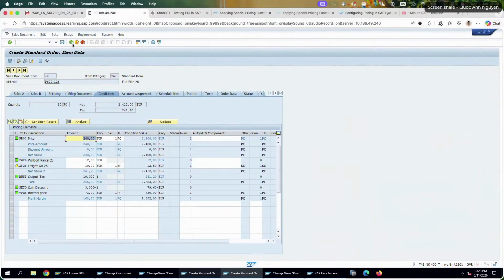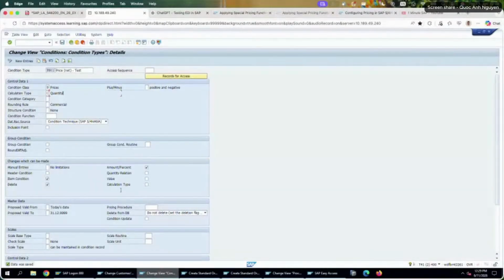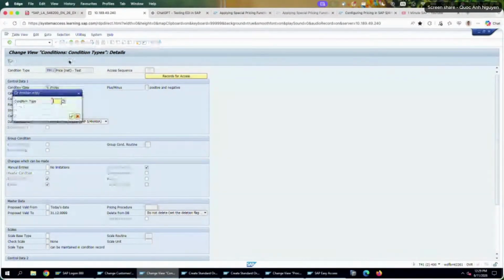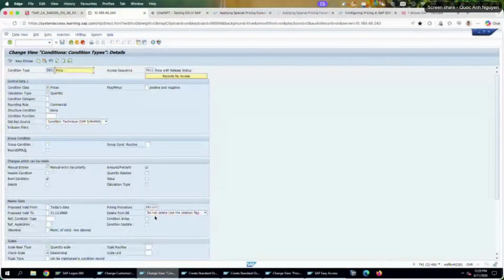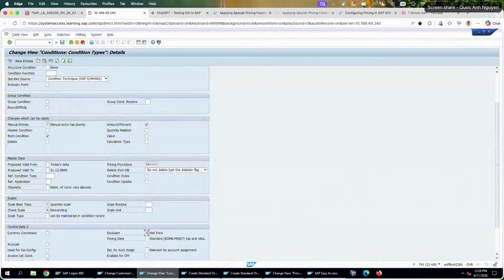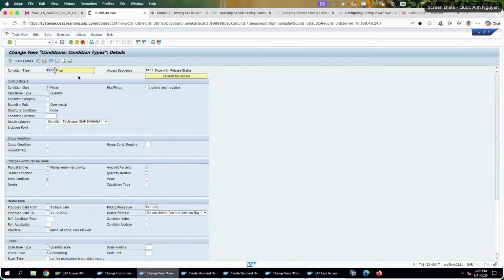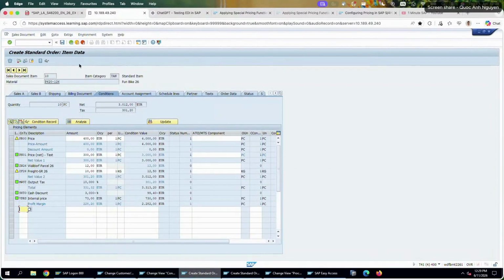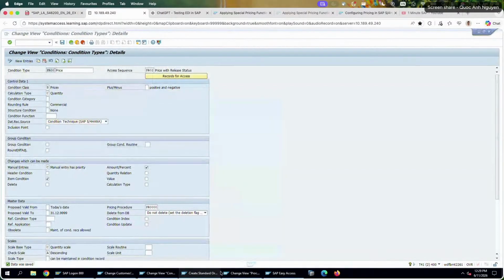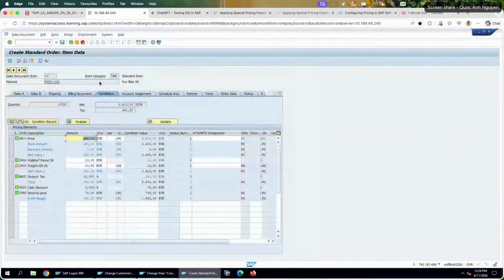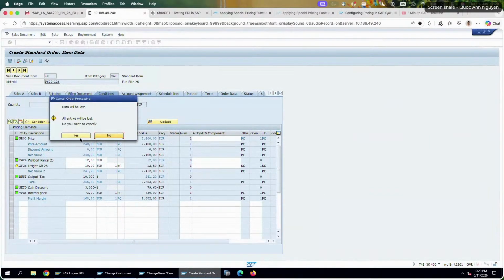Oh, sorry. One thing that I want to deactivate is that for the PR00, we need to have the discount back. So I'm going to deactivate the inclusion and delete this, delete this, delete this, and update the pricing right now. Okay, it doesn't take effect, so